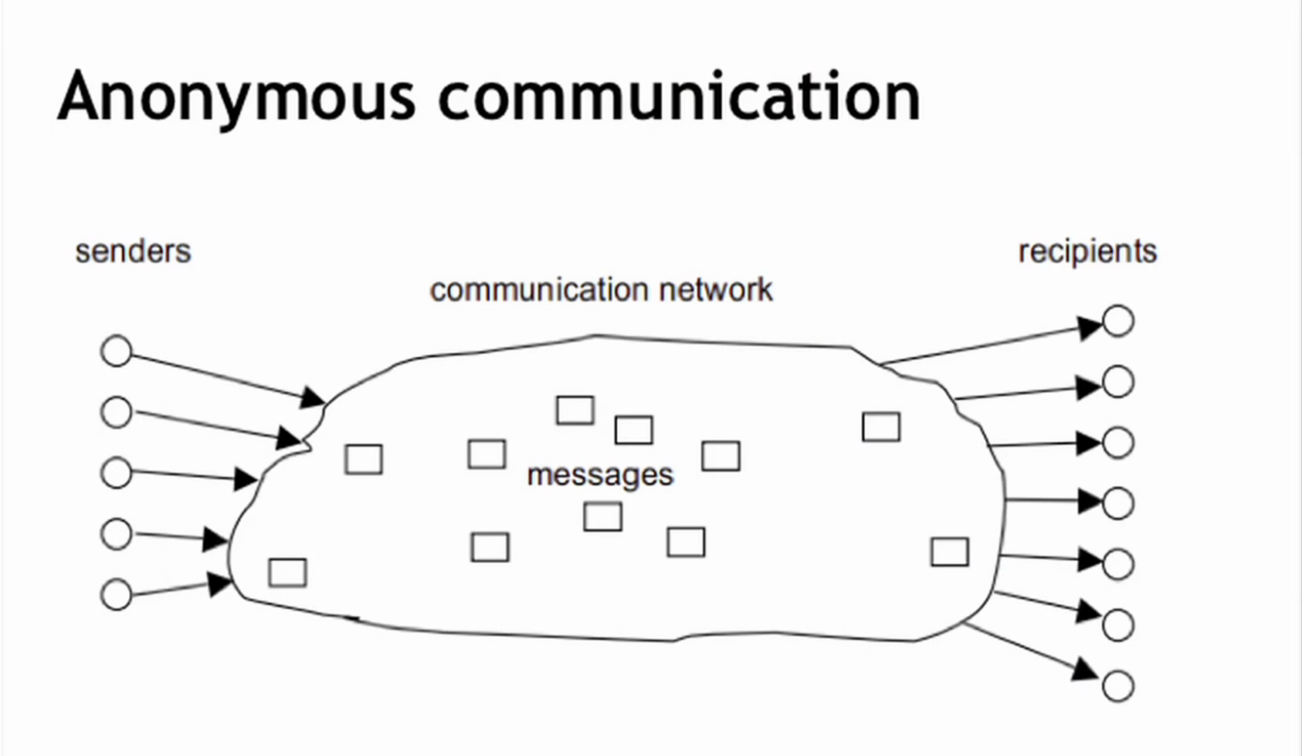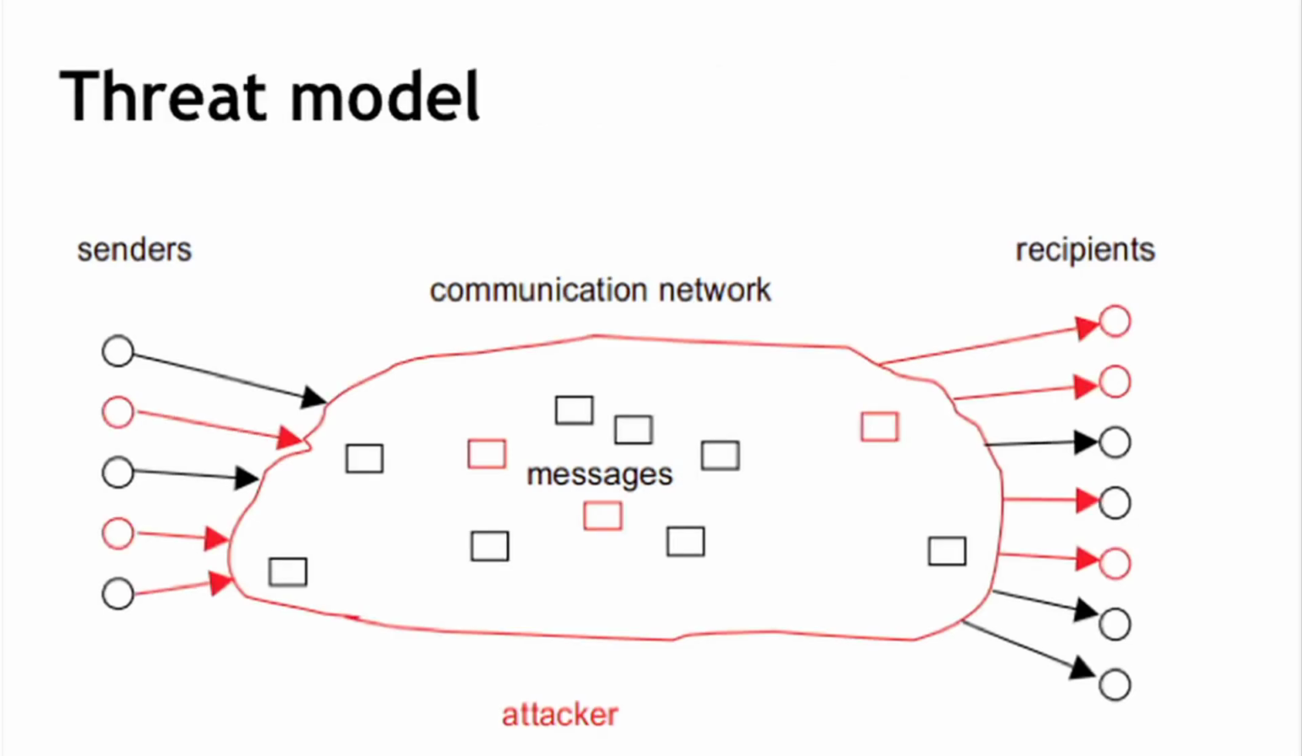So this is what the system looks like. There are a bunch of senders, there are a bunch of recipients, and messages are routed from senders to recipients through this network over here. And of course, there's going to be an attacker. This attacker, and this is called the threat model, controls several things. Some of these nodes in red are compromised by the attacker. Some of these edges, some of these links between honest nodes and the network are also controlled by the attacker,